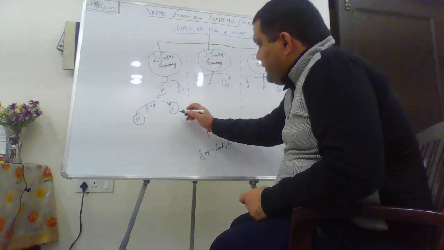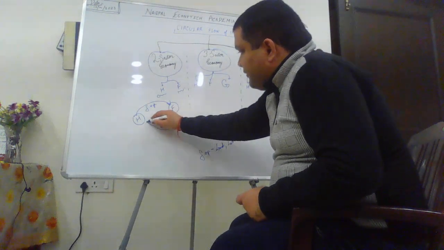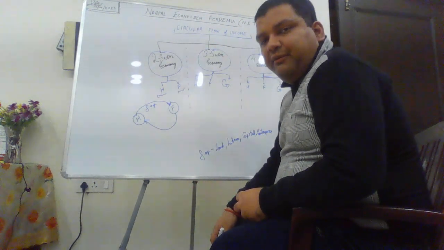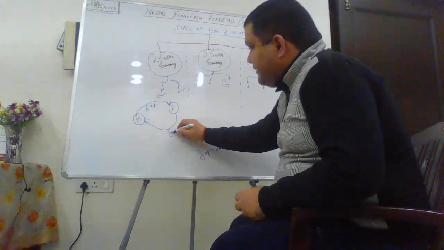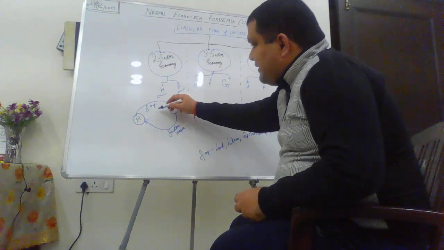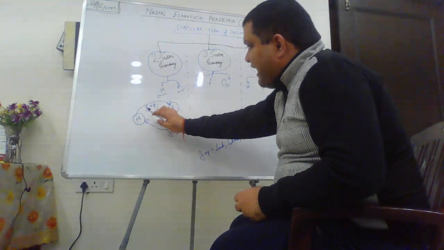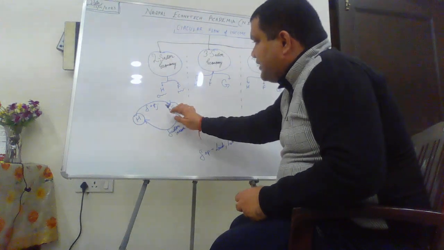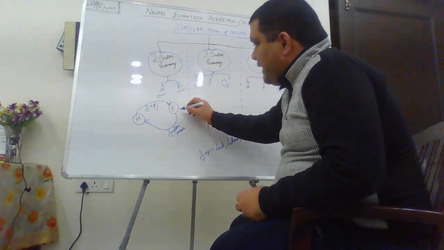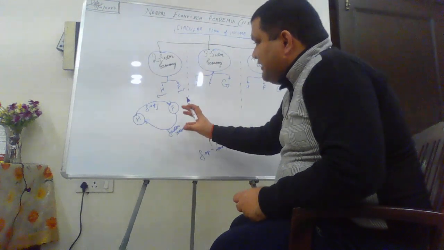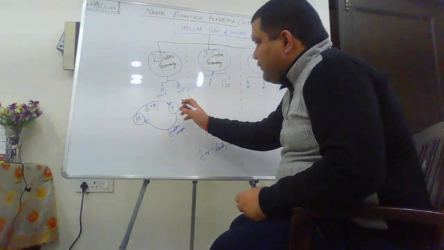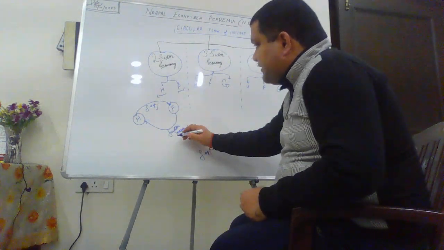And in return, the firm sector is going to make certain payments in the form of factor income to the household sector, right? Factor income. So what are we seeing? This is the real flow, the factors of production supplied by the households to the firms. This is the real flow, that is the flow of goods and services. And in return, the firms are paying the household sector in return of the factors of production rendered to it from the household. So the factor income is in the form of